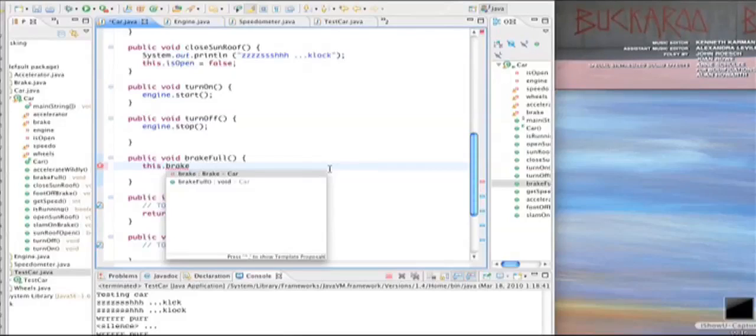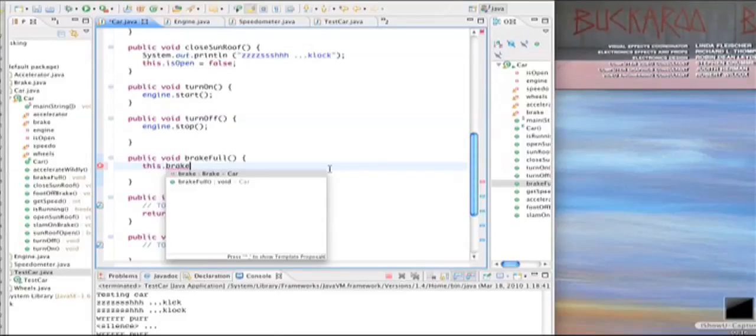Let's think. How are we going to communicate with the brake? Maybe we could say that the brake has, say, 10 different positions. It's an analog thing, isn't it? It can slide smoothly up and down, but let's say it's just got 10 positions. Oh, I know. Let's just say we can give it a percentage. Oh no, let's just say 10 positions to start with. All right. So, to the brake, we'll call a method that